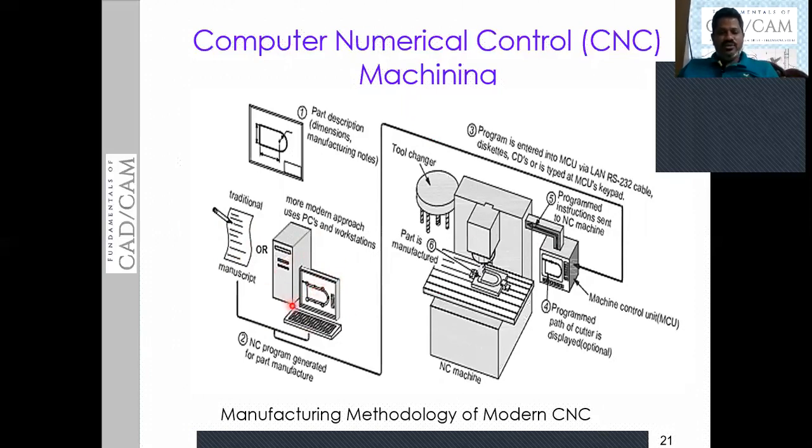So that program is more flexible to edit, whereas in the case of a numerical control machine, according to the manuscript steps, we punch the tape, we prepare the punched card or tape. Once you make any mistake on the punched card, we need to prepare one more punched card. That is the disadvantage of the punched card or tape.